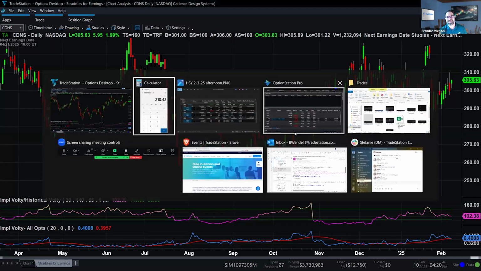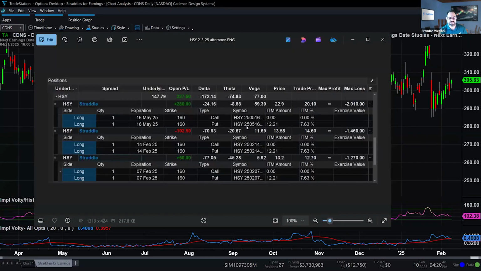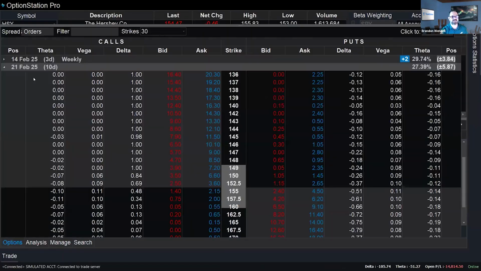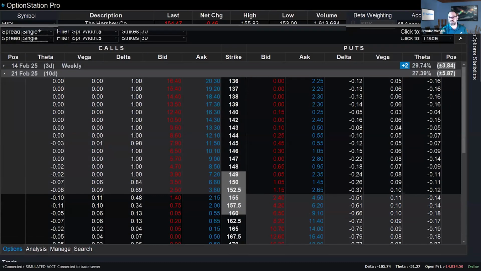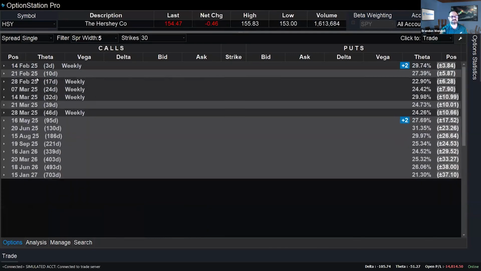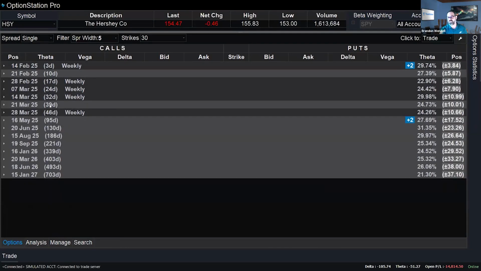Again, going back, this is not showing the entry for the position, but if we were to take a look at a position currently, again, it doesn't have to be Hershey, it could be any security, but again, I was focusing on what was already done in the past there. Yeah, you could do a lot of different things. There's plenty of different strategies. I'm just trying to keep it relatively simple.